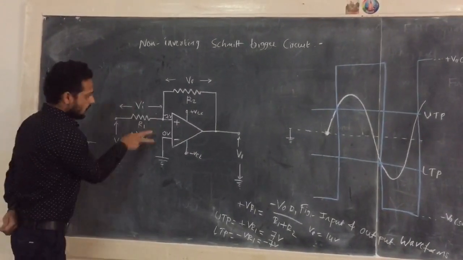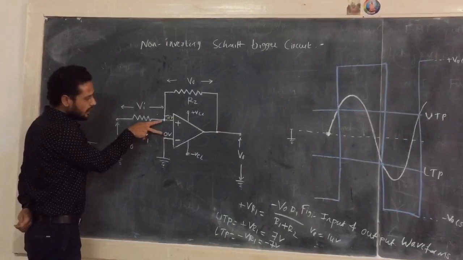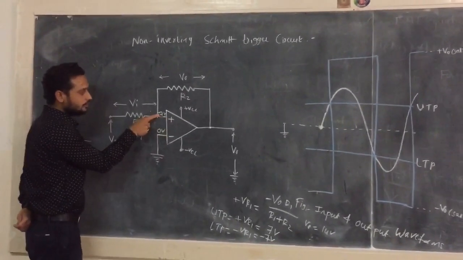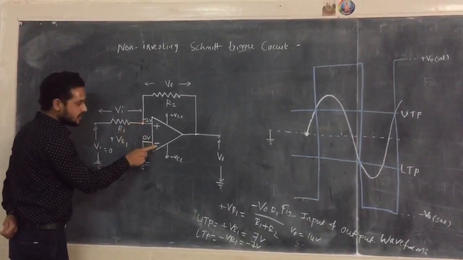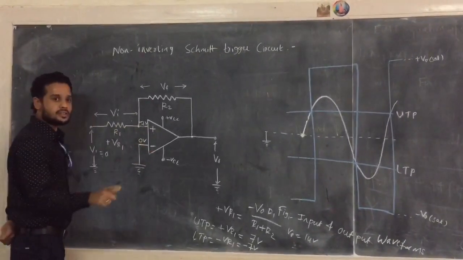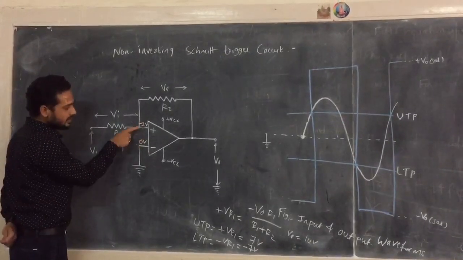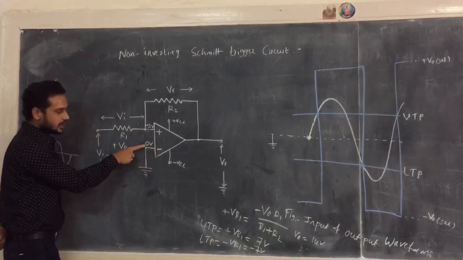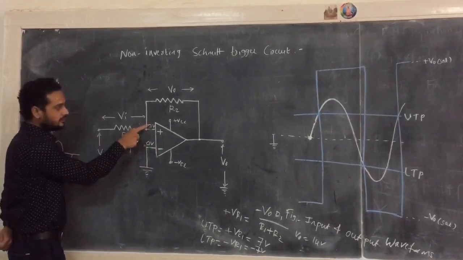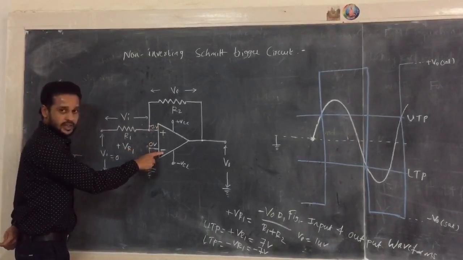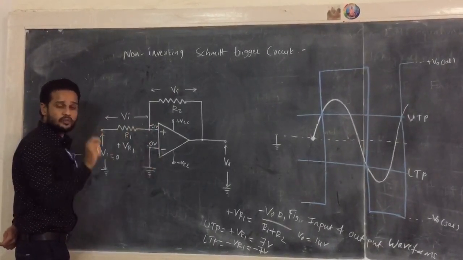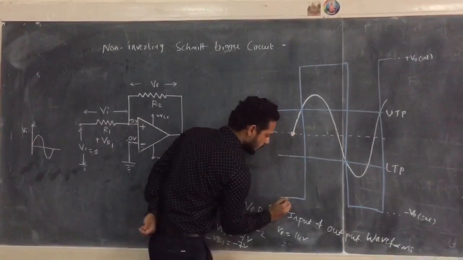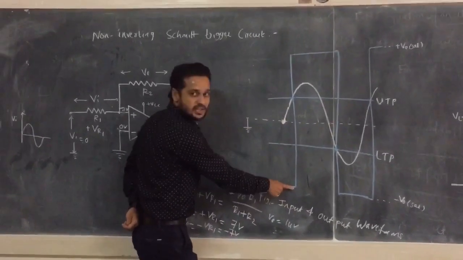That's it. Now, as it acts as a comparator here, it compares these two voltages. The voltage at the non-inverting terminal of the op amp is minus 7 volt. The voltage at the inverting terminal of the op amp will always be 0 volt. Now compare these two. At which terminal of the op amp is the voltage more? Yes, the voltage at the inverting terminal is more, because here the value is negative. So if the voltage at the inverting terminal is more, then output always remains at minus V0 saturation. Therefore, when input voltage is 0, output remains at minus V0 saturation.